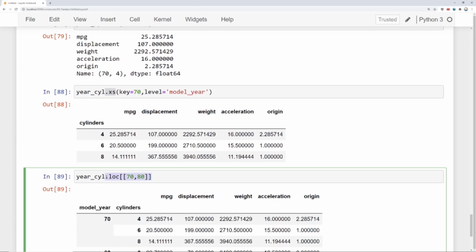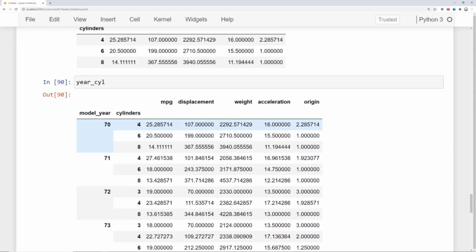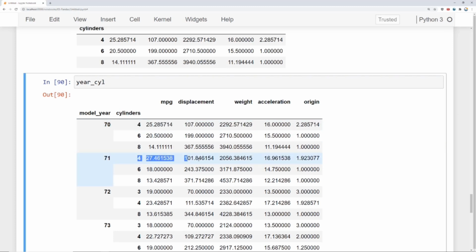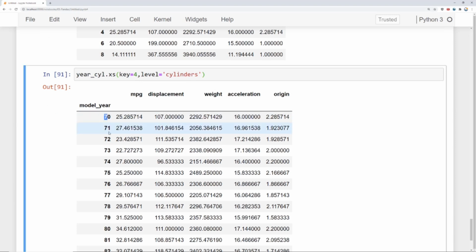So what I'll do here is run year cylinder so we can see it. Again, what I'm looking for are the instances of 4 cylinders for every single year. So I want this first row here, then this next row, then this middle row here, etc. So I say cross-section, XS, and the key I'm looking for is 4 cylinders. However, I need to let cross-section know that the level I'm looking at is this cylinders level. So I copy and paste that here. And then when we run this, I get back this nice data frame that shows me the model year and